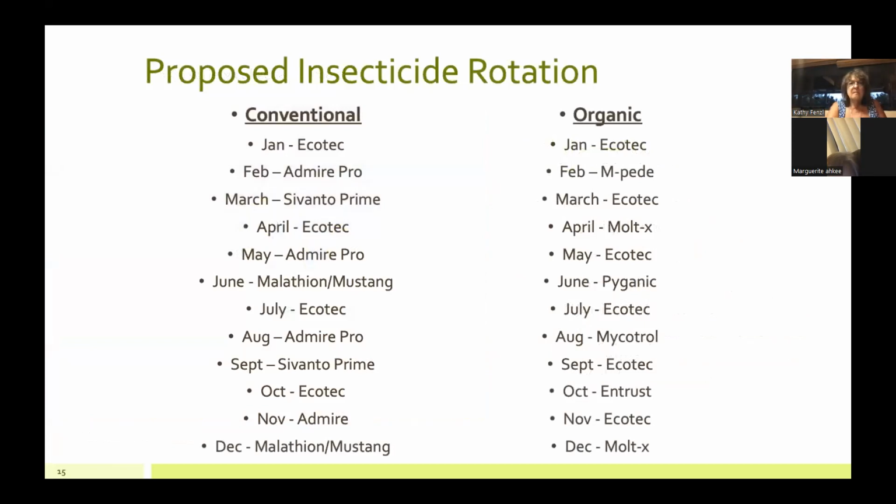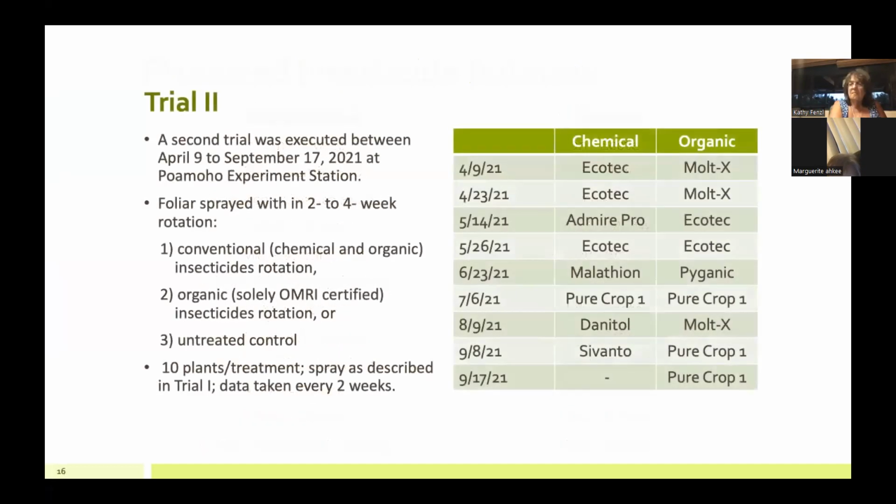And this chart basically shows what we selected and when we selected to use it throughout the year. So we came up with this rotational program based on the products that showed the most efficacy. And we put it to the test for a good, I believe it was a 5-month period. So the second trial, basically from April to September 2021 at the same avocado orchard, we foliar sprayed with either a 2-week or 4-week rotational period, depending on the